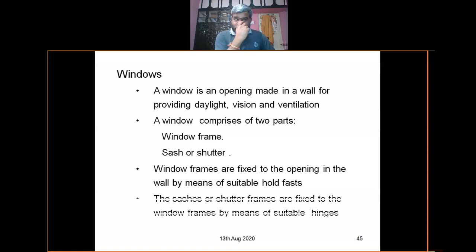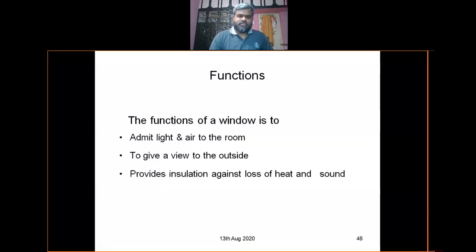Right. So last class we have seen in the IS code also, there should be a minimum of three holdfasts for a door frame, and a minimum of one holdfast for a window. The chassis or shutter frames are fixed to the window frames by means of suitable hinges. Functions of windows: windows are used to admit light and air to the room and to give a view to the outside and provide insulation against loss of heat and sound and to give more ventilation to the